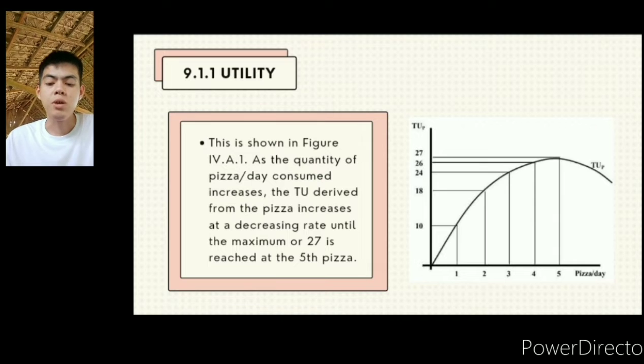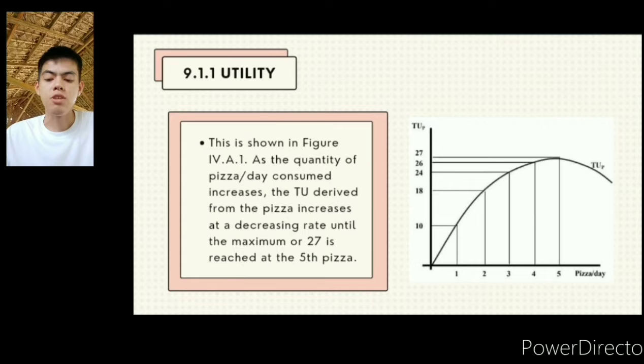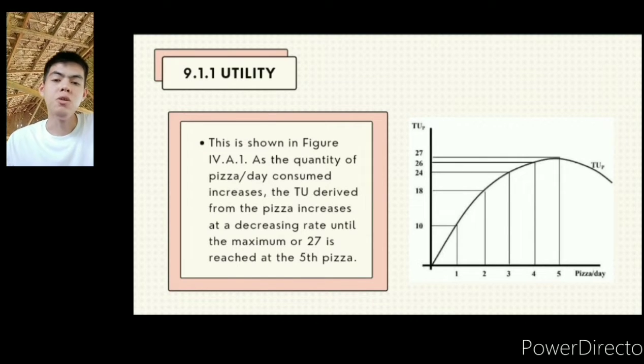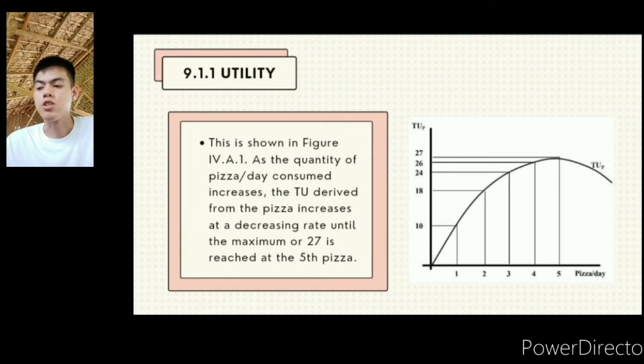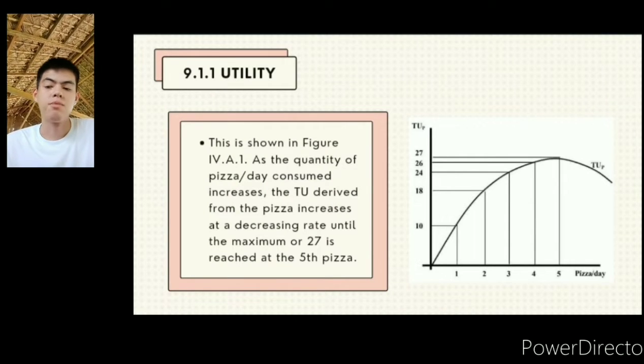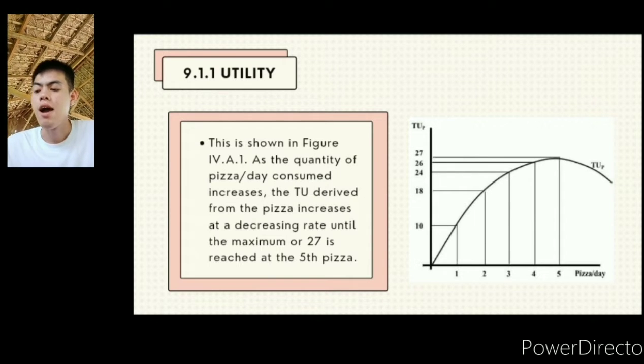If a larger quantity of a good is consumed in a given period, syempre, tataas yung total utility from decreasing rate. At maaari nitong ma-reach yung maximum satisfaction. Remember the last time you went to an all-you-can-eat pizza place and ate too much? In figure 4.8.1, shown is the number of pizzas consumed per day. Then, the total utility derived from the pizza increases at a decreasing rate until the maximum of 27 is reached